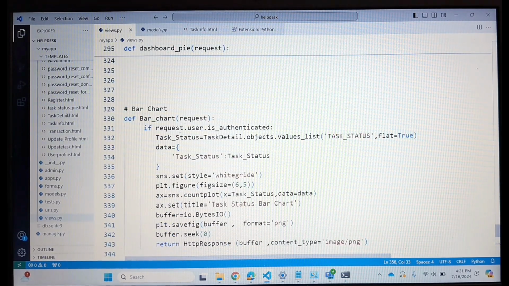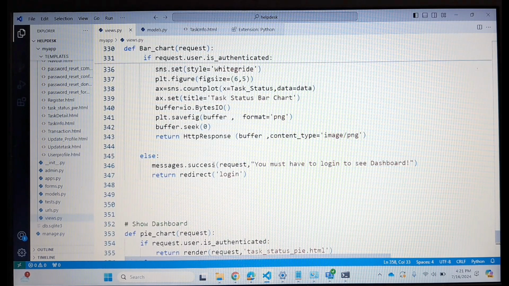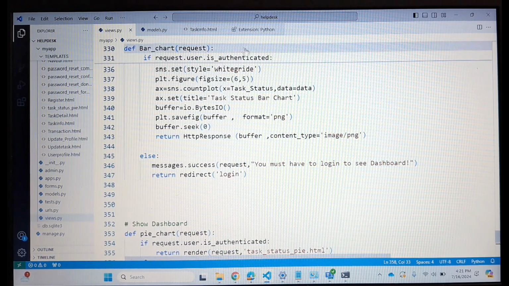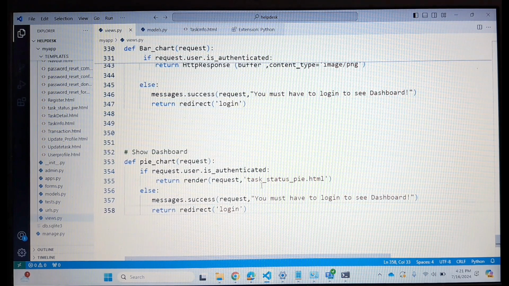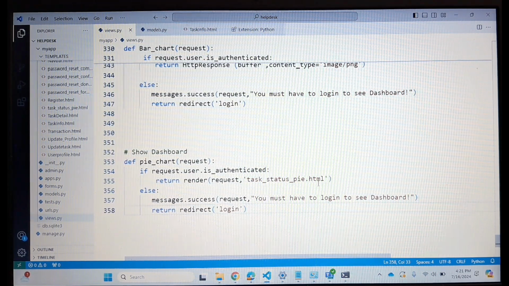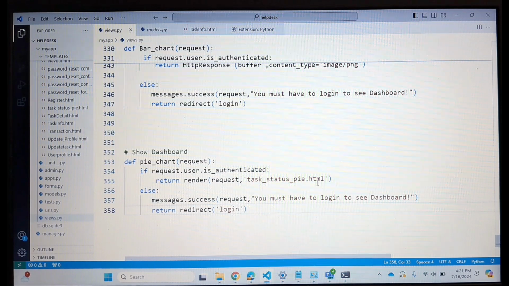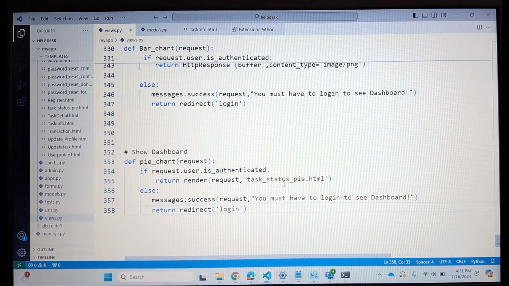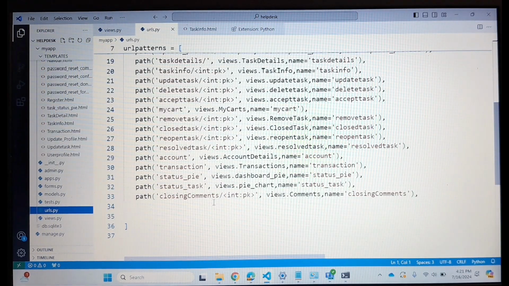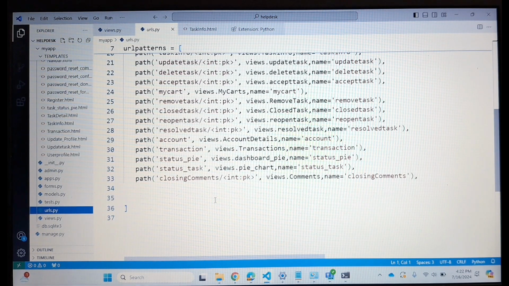Yeah. So our bar chart function is ready. As I told you, we have to make a little bit of changes in this one. What we can say here in the task_status.html page, and we have to create one URL also. So simply go to the urls.py file, come here, and here we have to create